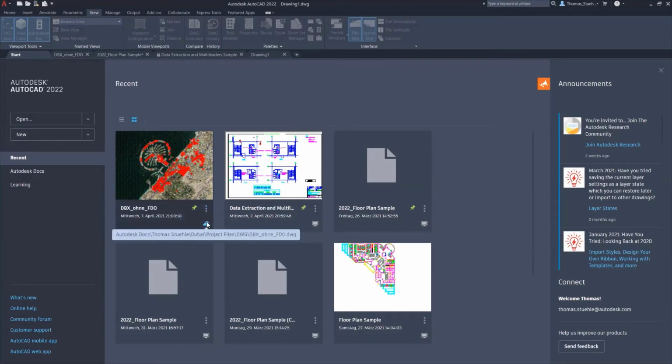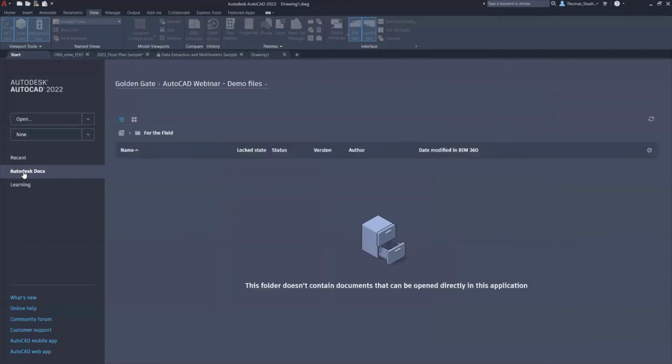You have here a nice path where the drawing itself is stored. And you recognize a different icon. Here we have a cloud icon, and this drawing is connected to Autodesk Docs. And these ones are stored locally on the machine or on a server path. That brings me also to the second part here. We switch from the recent tab to the Autodesk Docs tab. And now you are seeing everything that is within your